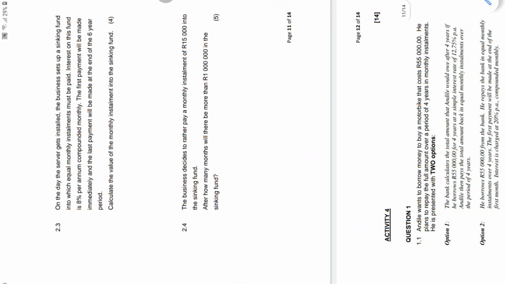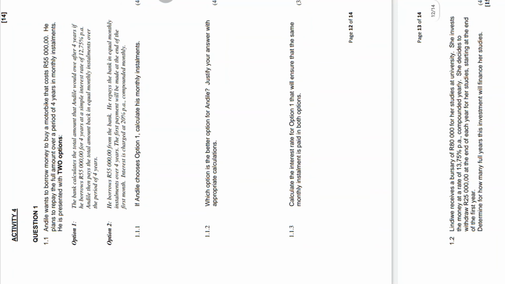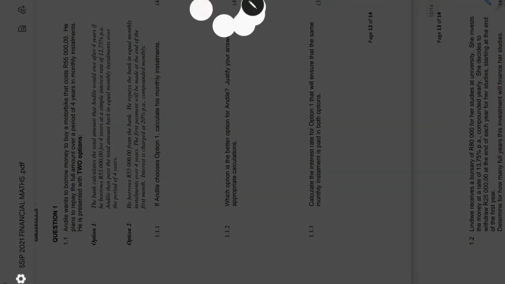Okay, we got activity 4. Activity 4 is basically activity 2 and activity 3, the present value annuity and the future value annuity. But then we are comparing investments, or we are comparing options. So our question one here